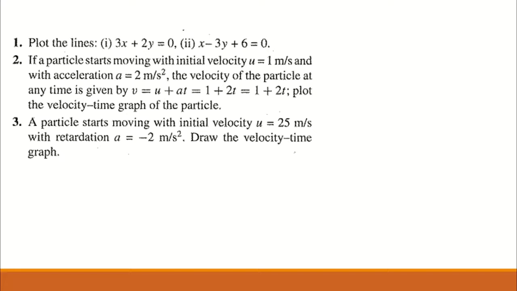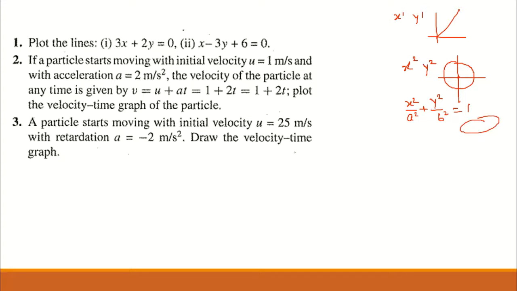ग्राफ कैसे बनाए जाते हैं, ग्राफ्स की इक्वेशंस क्या होती हैं, किस तरह से हम रिप्रेजेंट कर सकते हैं. अगर मेरे पास x की पावर 1 और y की पावर 1 है, then how will be the graph if the power is 2 for both the variables, then there will be a circle with some radius. और अगर इनके कोफिशिएंट 1 ना होकर के कोई कोफिशिएंट x की पावर 2 upon a square plus y की power 2 upon b square is equals to 1 है, then it will be ellipse. And this all we have discussed in the previous class.